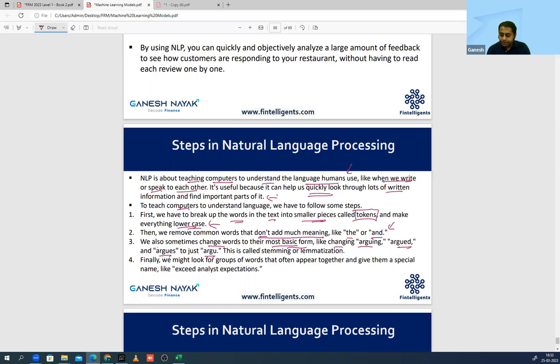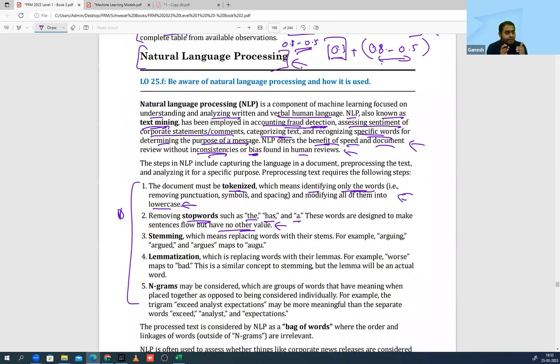Okay, that is called stemming and lemmatization. Basically, you are making sure that the data which is going to the computer is simple. Okay, there is no repetition, there is no unnecessary things. That stemming is over here. Clear? देखो ये दोनों मैंने एक ही में explain कर दिया है. Okay, so what is happening over here? Stems का मतलब क्या है? These three words, arguing, argued, argues, all of this is being converted into one single word.